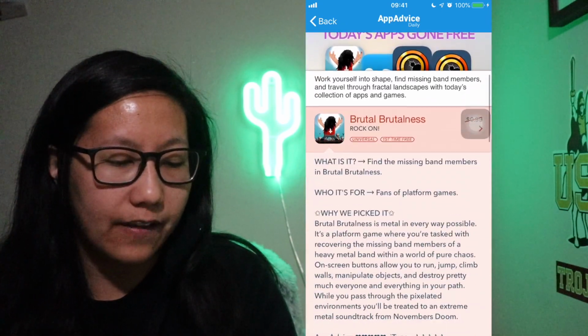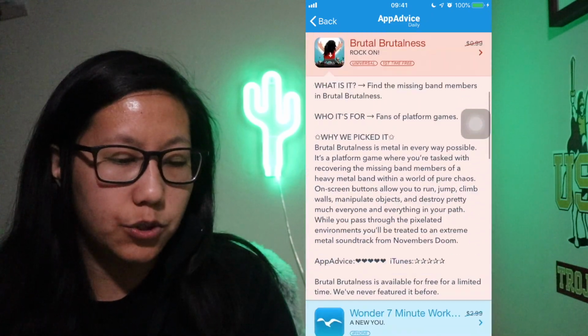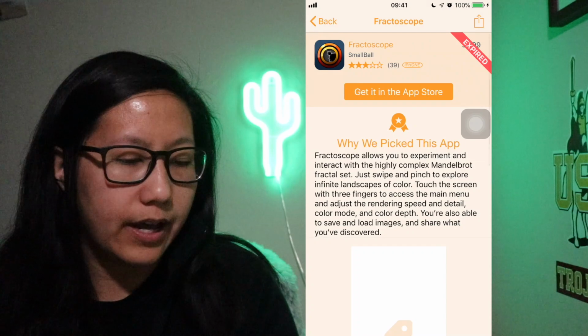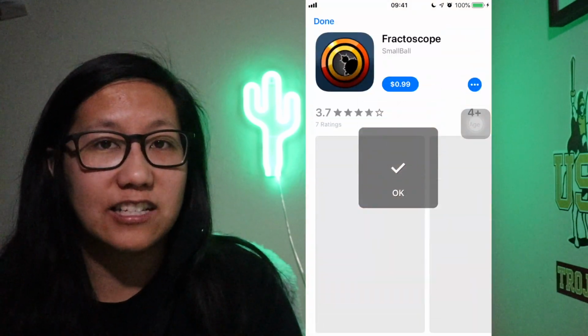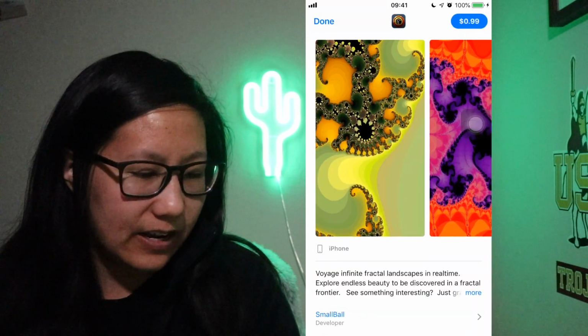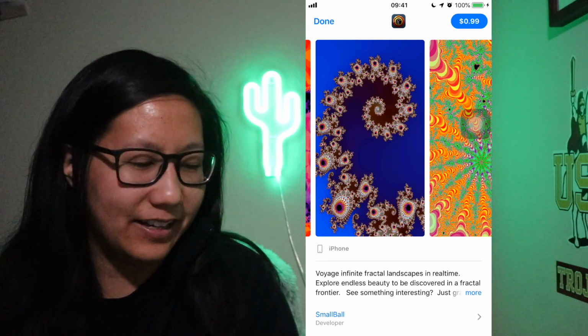So if we go ahead and look at this, it looks like the first two apps are still available for free, but if we go ahead and look at this third one, it's no longer free because it has the expired tag. So you can see here that it says 99 cents. I didn't download it because the pictures kind of freak me out, but